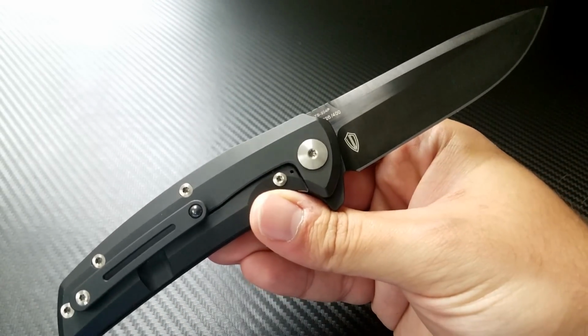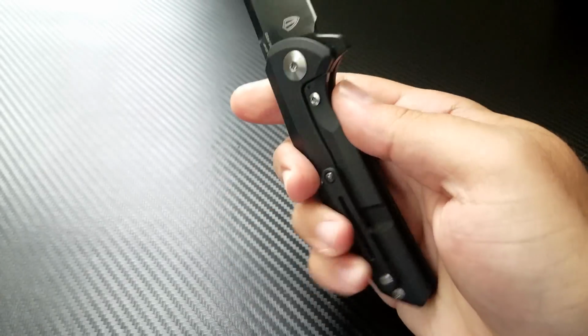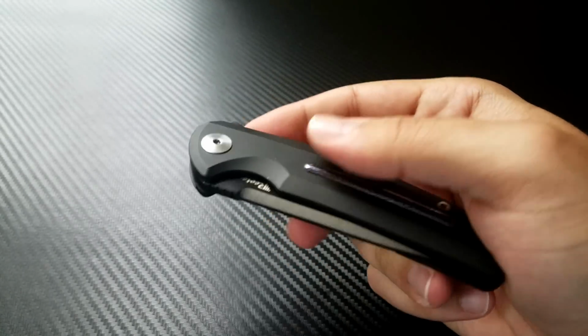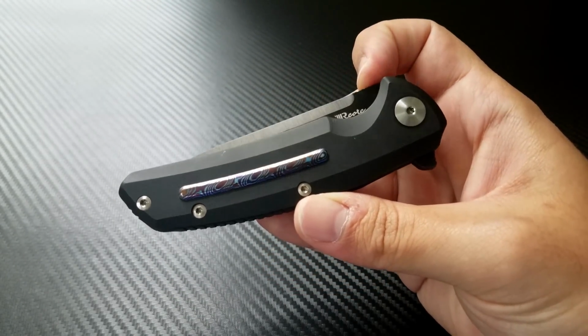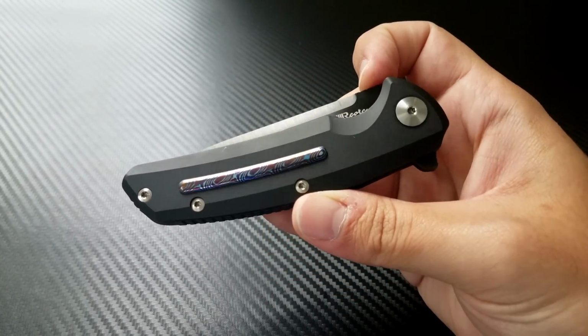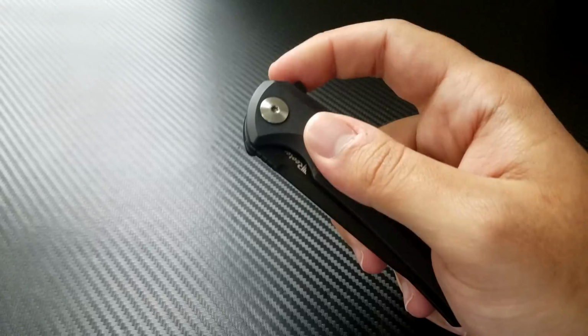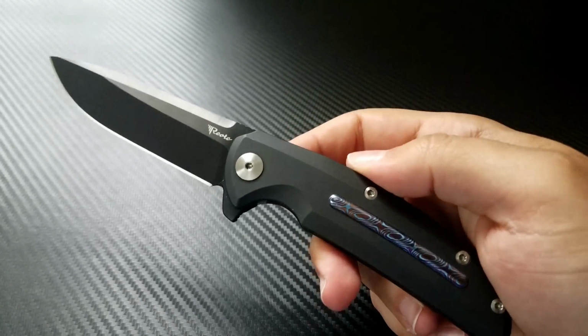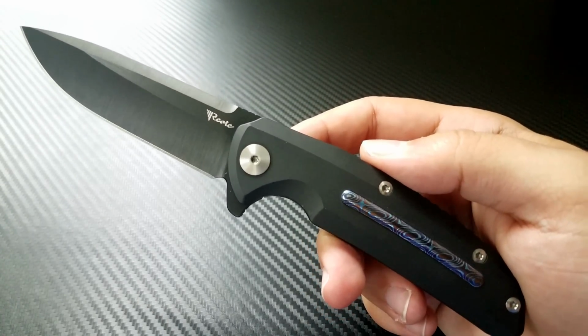So what is my overall impression of this knife? Awesome. This knife is really, really great. It's executed very, very nicely. This is one of my favorite color combos. My good buddy Nico has one in blue handle with a full satin finish blade. I think that one may be my absolute favorite combination because it brings out the blue of the Mokutai and allows the full satin blade. This one comes in a close second